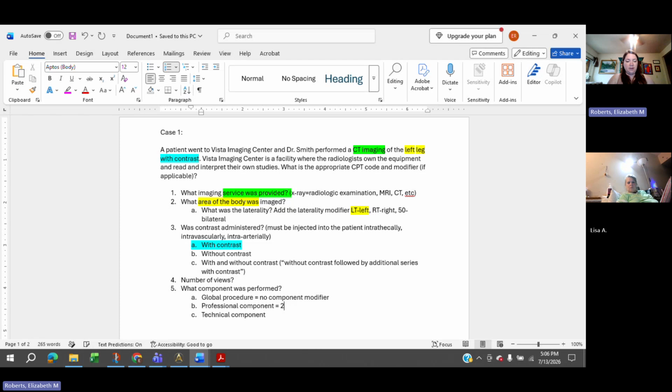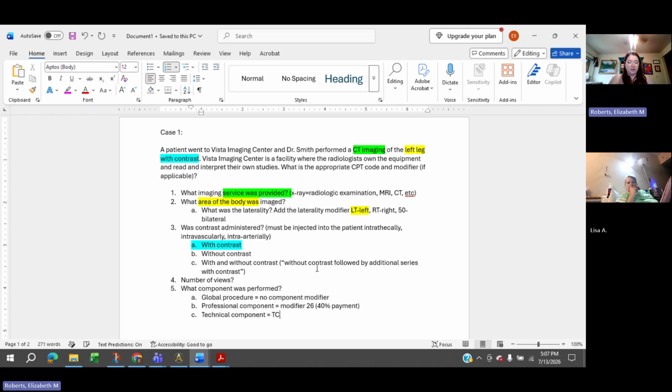For just the professional component, you want to send it with modifier 26. So you'd report the same CPT code, but with modifier 26. What that's going to do is result in about a 40% payment amount for that CPT code. Because you didn't do the whole service, right? So you add modifier 26, you get a reduced payment because you didn't do the whole thing.